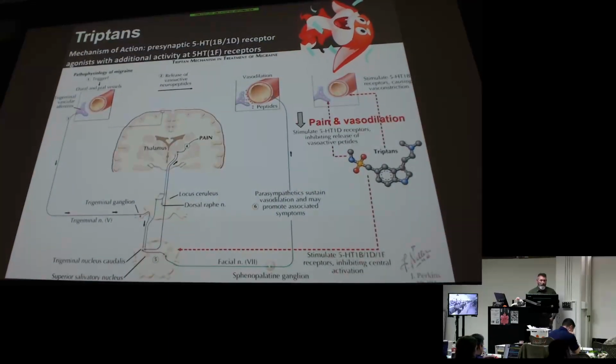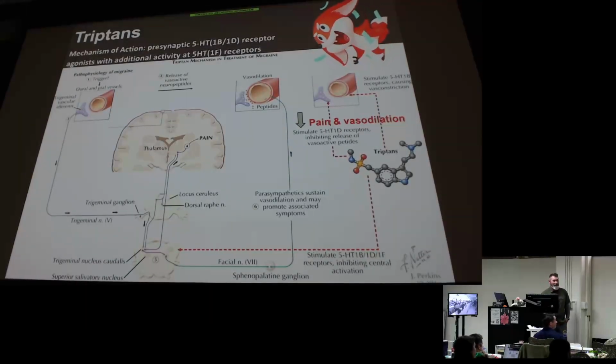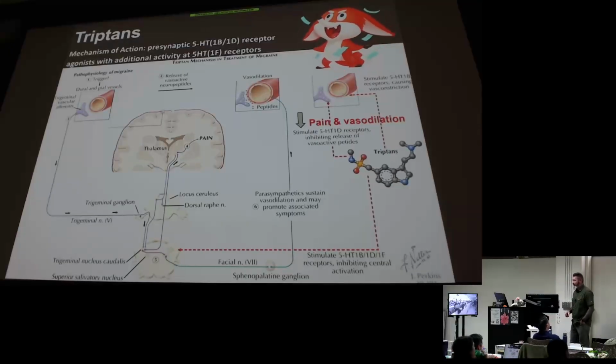Now, here's, I don't even know who the little guy spinning around is, but he's throwing money, so it's our money slide, right? It's our money slide. Triptans, targeted therapy for migraines, first line therapy for moderate to severe, where most of your patients are going to end up. So what do they do? So they are serotonin 5-HT1B/1D receptor agonists, right? They activate serotonin receptors. I need you to know the specific mechanism of action of triptans.